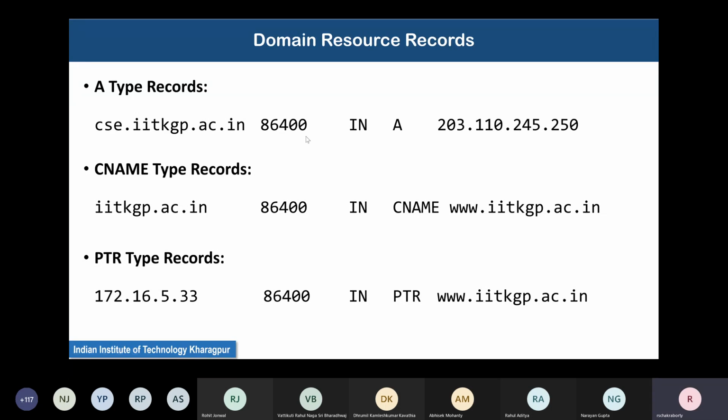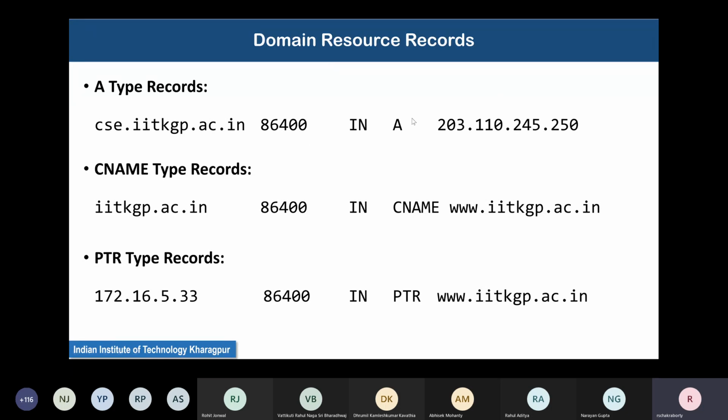This means that this record at max remains valid for 86,400 seconds after any other name server has retrieved this record. Okay, they can trust it, but they should not trust it for more than 86,400 seconds because this information might have changed.